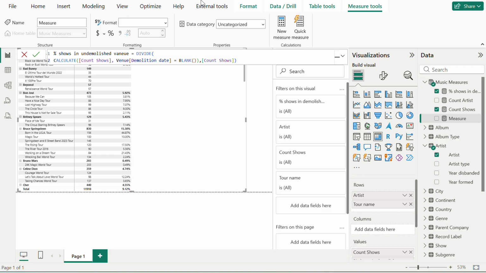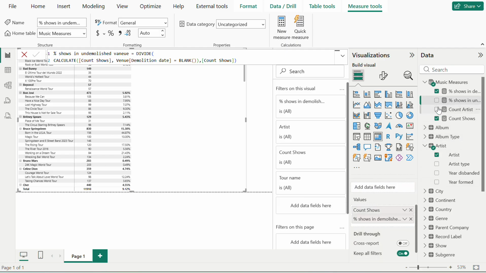So if I click enter here for undemolished, and then I add this measure into our matrix,